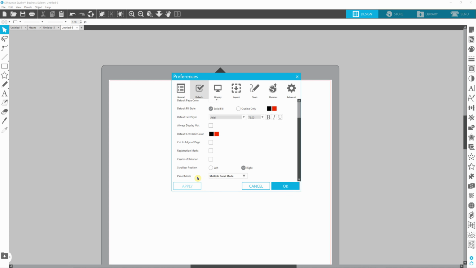This is the only one that I know for sure you should make sure it's set at, is your panel mode. You want it to be multiple panel mode, and what that means is you can bring up these panels and you can have multiple ones set up at a certain time. So